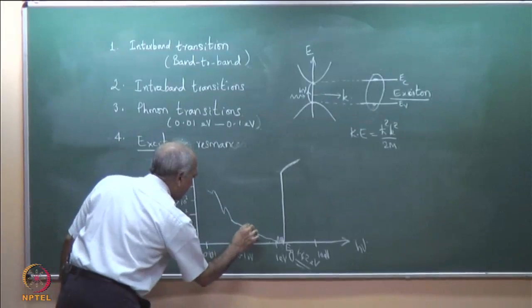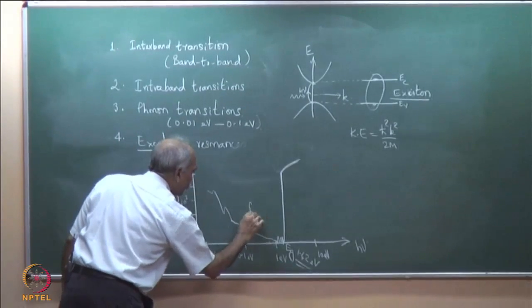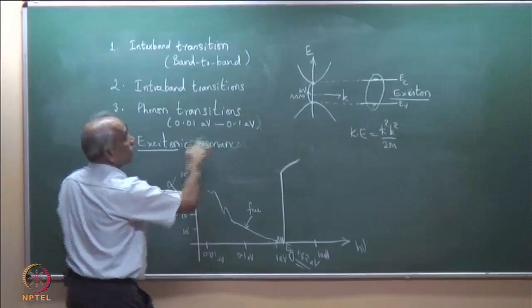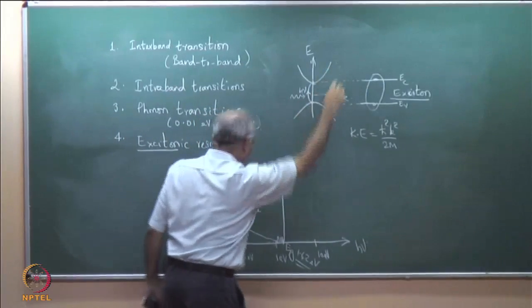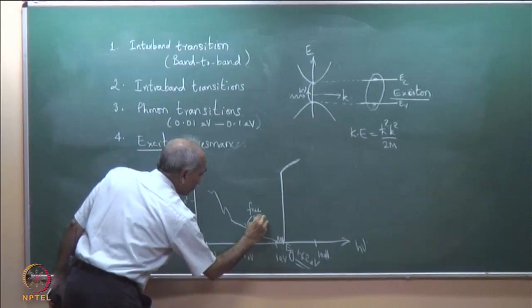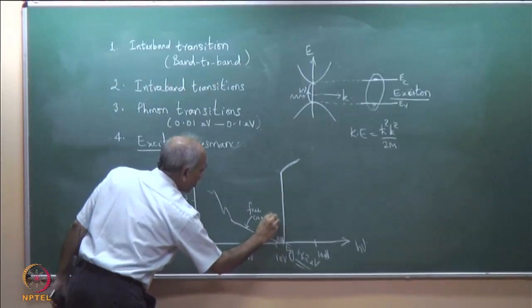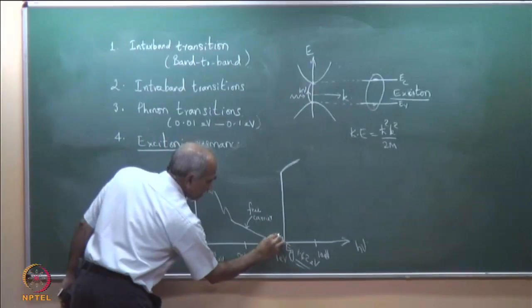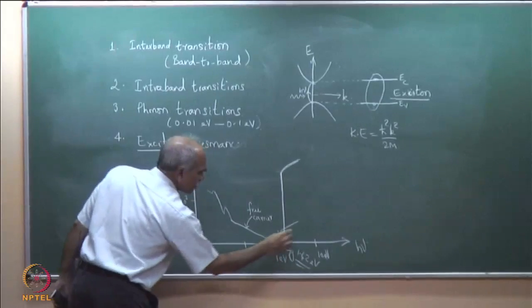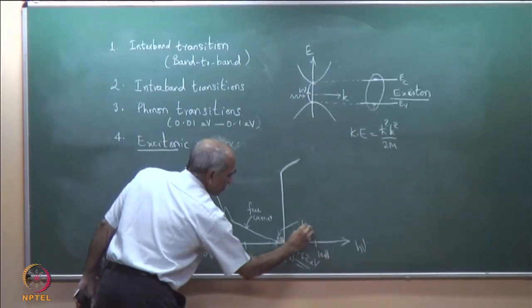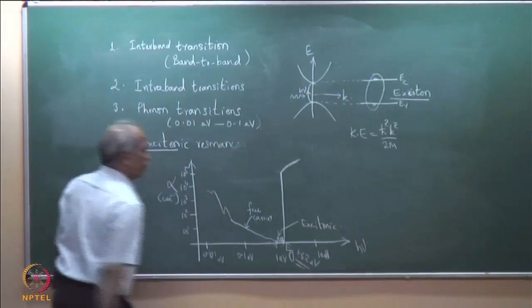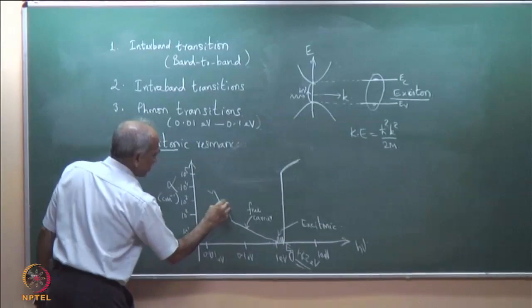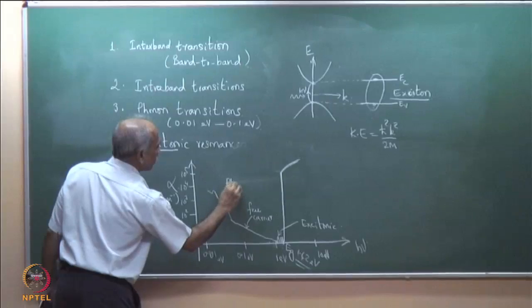So, this part here is primarily due to free carrier. Free carrier, you remember, within the band, intraband transition. So, this was the free carrier portion. This is excitonic resonances just below the band gap, excitonic, and then this is due to phonons,